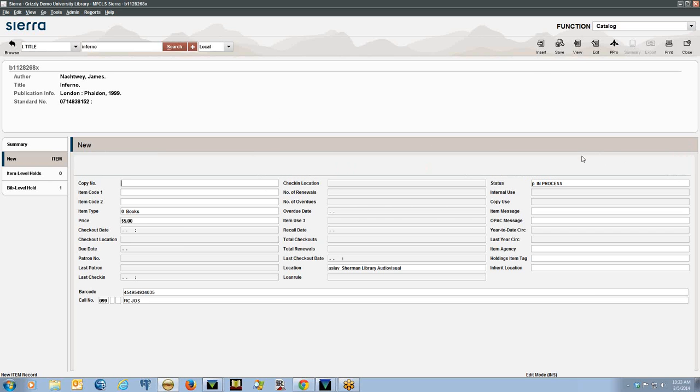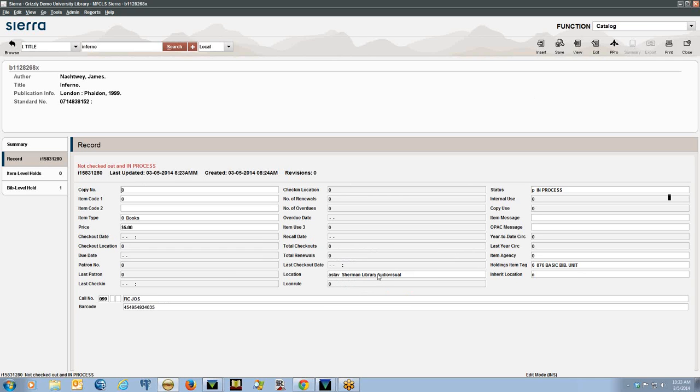Okay, and then if I save the information now, I've got an item record number attached, and it gives me all this information I'm used to seeing within Millennium. One thing that's a little bit different in Sierra versus Millennium is this note at the top. It will give you kind of an alert that gives you the current status of the item, not checked out and in process. If I look at